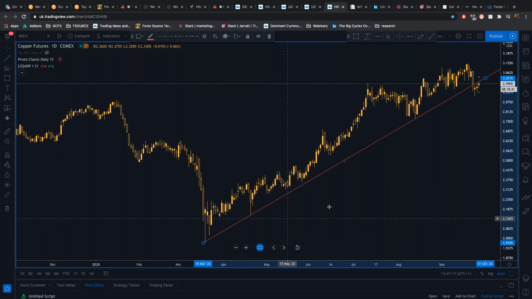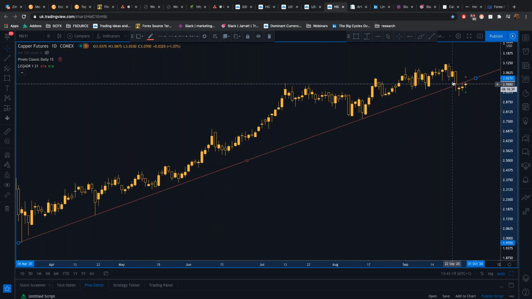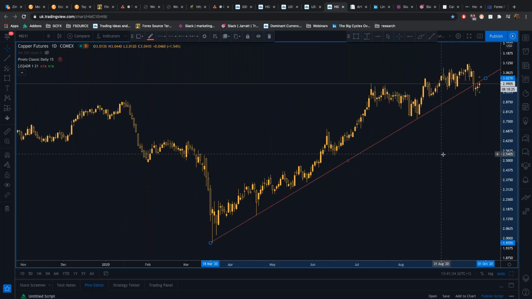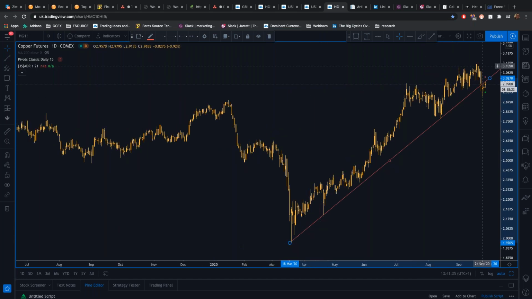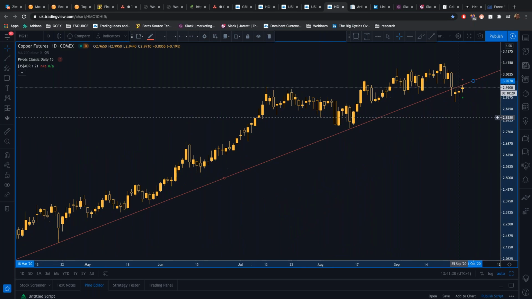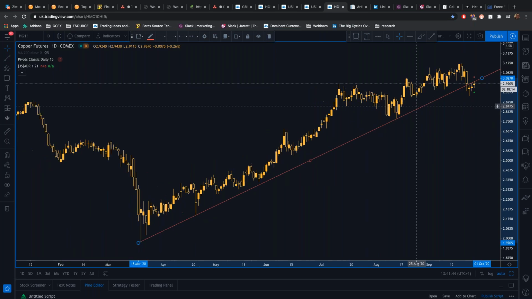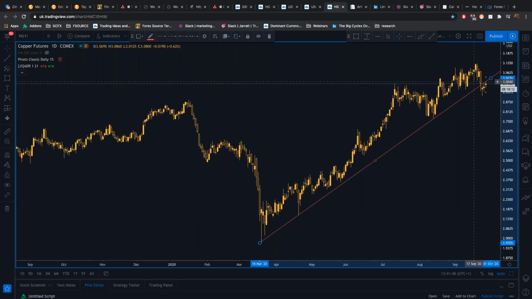Now, we saw some selling in copper into last week, and the reason for selling in copper was quite simply because of the rising COVID-19 cases across the world, concerns about future lockdowns, concerns about falling demand and growth. That's why copper fell. You can see copper's breaking through this key trend line. Now, for myself, this is a key selling area. As long as copper remains below this key trend line, I see more downside for copper.